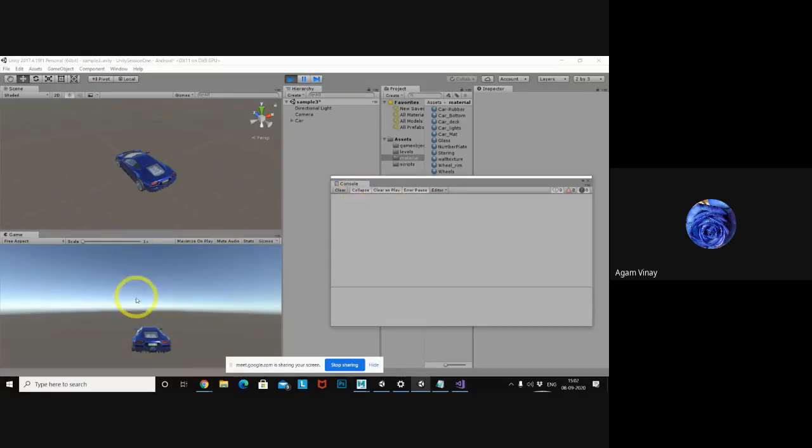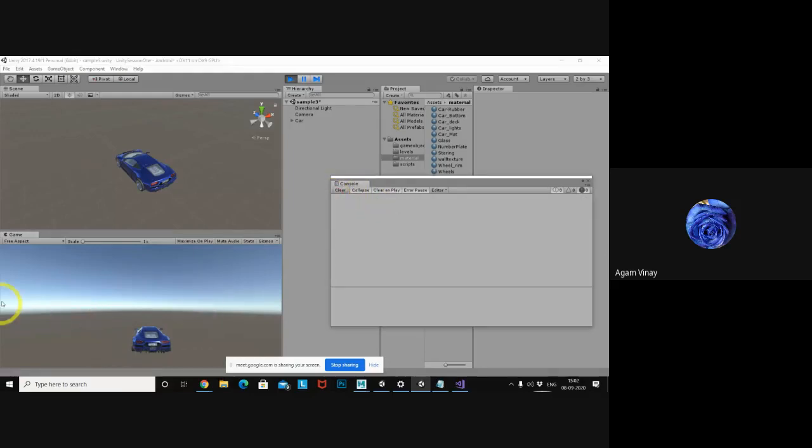Now I am clicking the left click. Whenever I click the left click, it shows this is the left click. If you click here, it won't display. Wherever else you click, it won't take the input. Only the Game window will take the input. Left click you are clicking, that's the reason the print is executing.